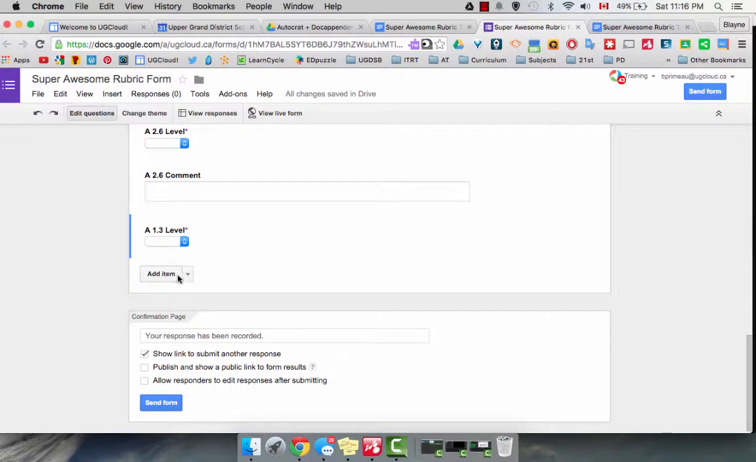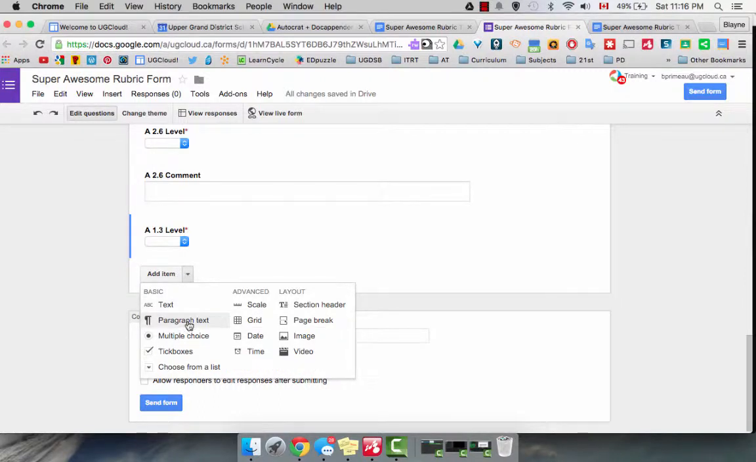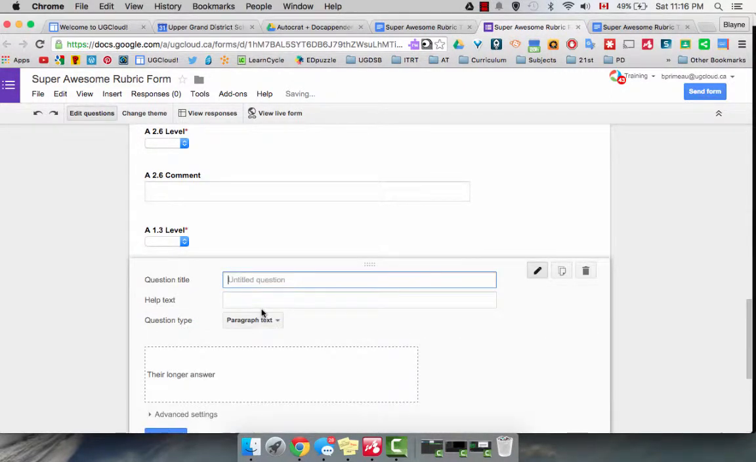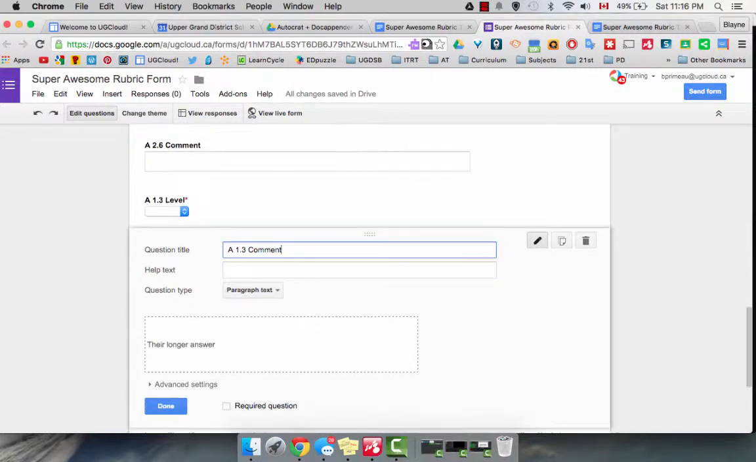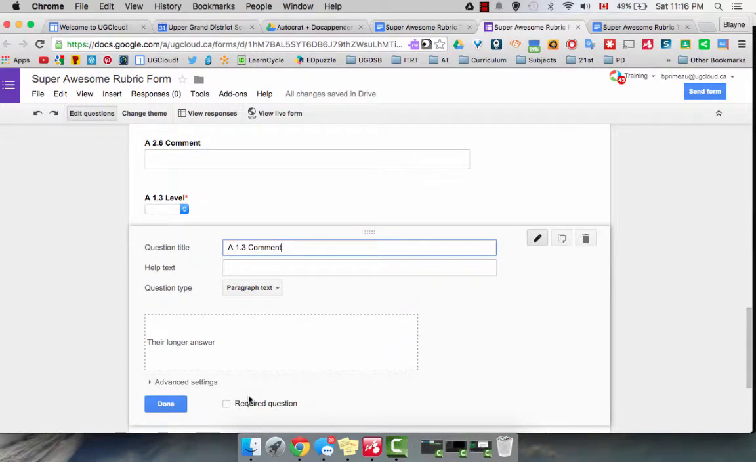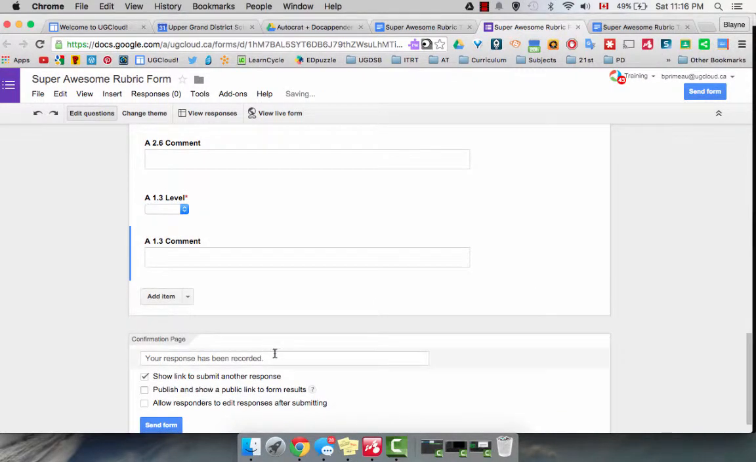And then my next one is going to be a paragraph text. So I click on the drop down menu from the add item, and I click on paragraph text, and I go 1.3 comment this time. Now this time I'm not going to click a required question because I might not use it. So we are going to click done there, and then